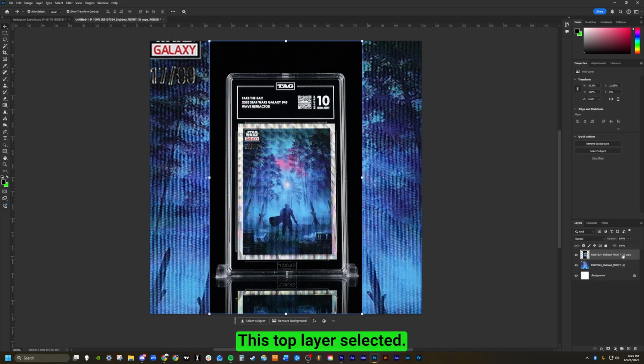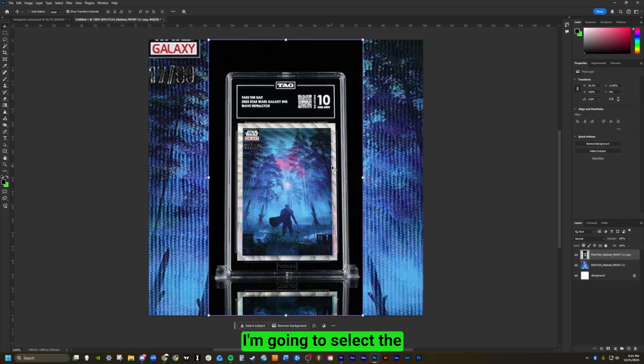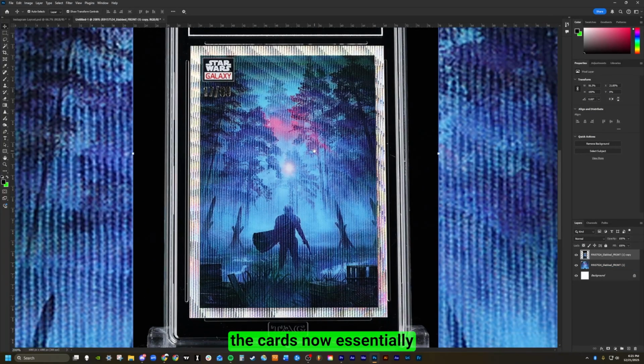With this top layer selected, I'm going to select the cards, essentially, and make them their own layer. So with the card selected, I'm going to go to my pen tool. I'm going to hit P. You can find it over here. Pen tool. And let's select the card as tight as possible. If I was doing this for a real post, I'd probably be a little bit slower. But for the sake of this tutorial,